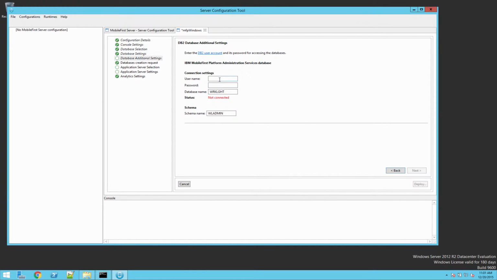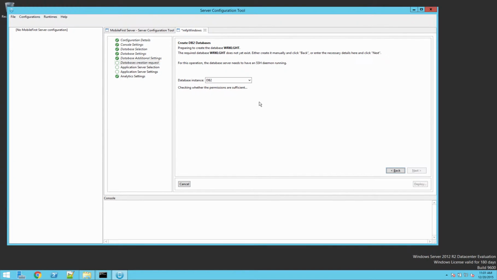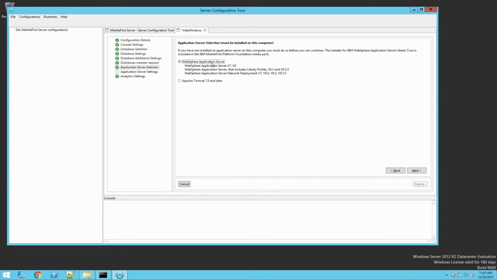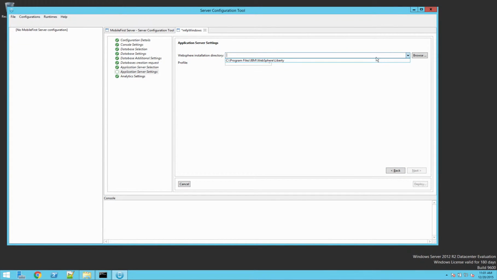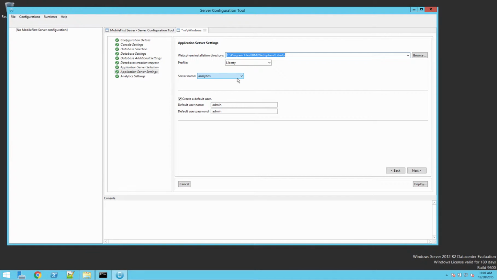GCC4. Click Next. The username DB2 admin and the password. And the password is double Q was uppercase, double Q was lowercase 1, 2, 3, 4. Then we need to wait until it verified the credentials. Click Next. Select the WebSphere application server and provide the details for a path. This is default one. The server name is MFP, default user let it be admin as is, and the final